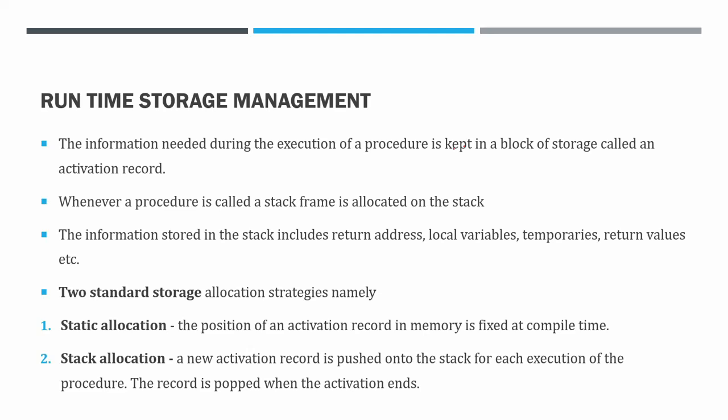The information that is needed during the execution of a procedure is kept in a block of storage called an activation record, which we discussed in the previous issue, that is memory management. Whenever a procedure is called, a stack frame is allocated on the stack. See, for example, if we are using something called an